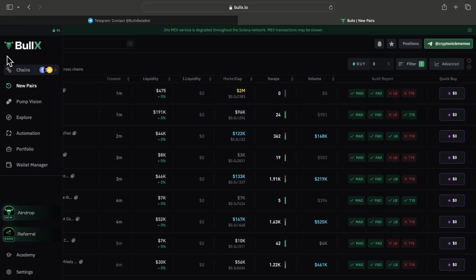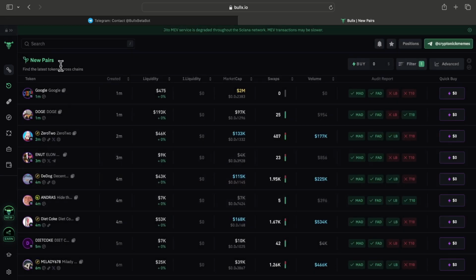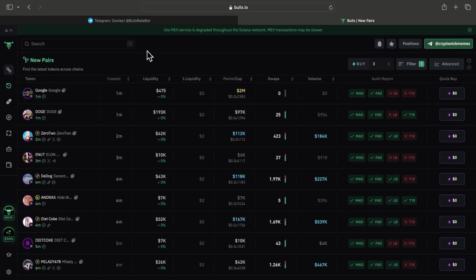But now let me show you all the functions to go over the basics really quickly. And then I will show you how you can actually find those meme coins. The first thing you want to do is you have a bunch of options for which chain you want to trade on. In my case, I'm just doing Solana, so I'm only wanting to look at those Solana meme coins right here. And I'm going to this section, New Pairs, where we can actually see newly created meme coins,